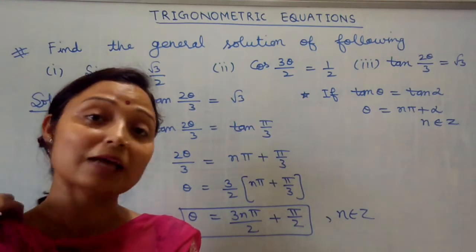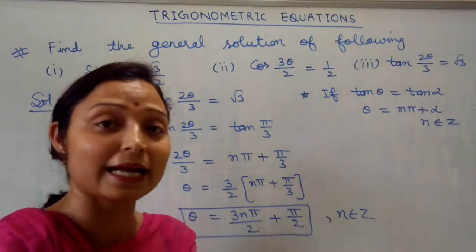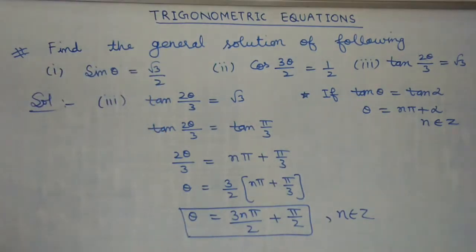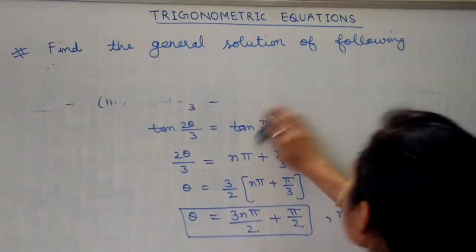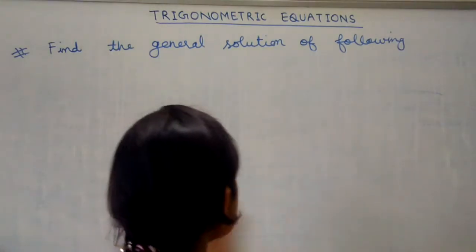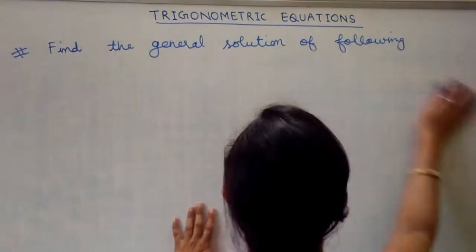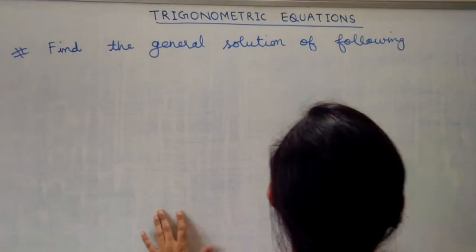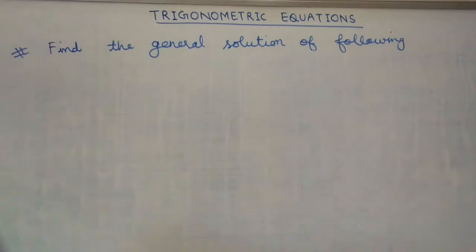Now I will take the question of principal solution and general solution from your NCERT book. Come to that question. Find the general solutions and principal solution of the following terms. So how we can take the general and the principal solution? That is very easy for you by taking the general solution of those terms. So let's do the question. Let's write the question from your NCERT.